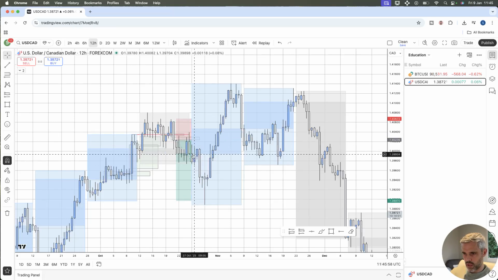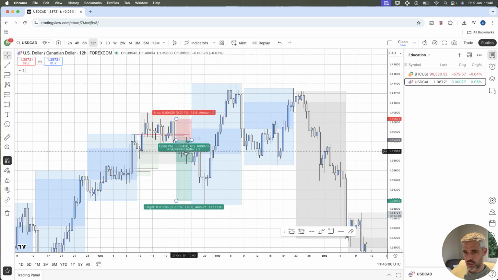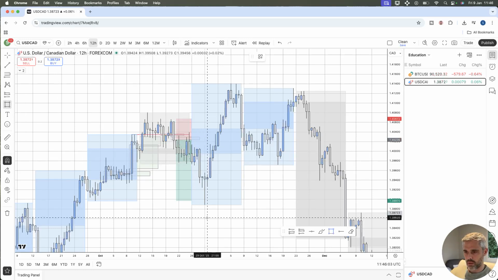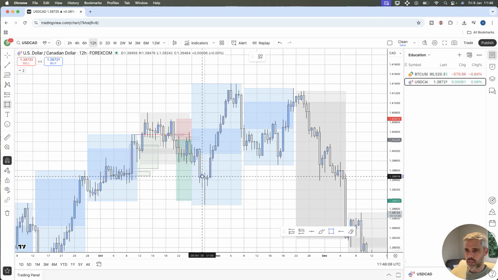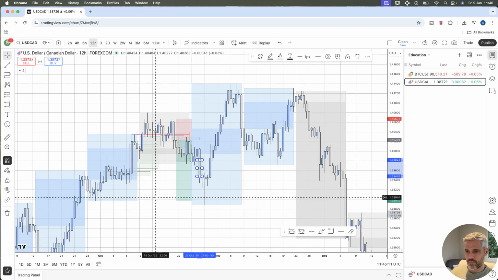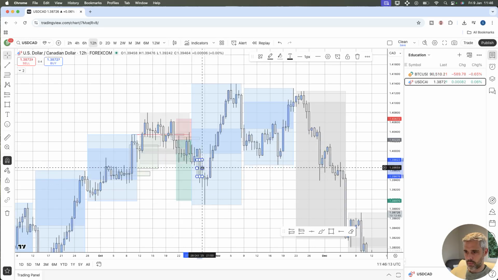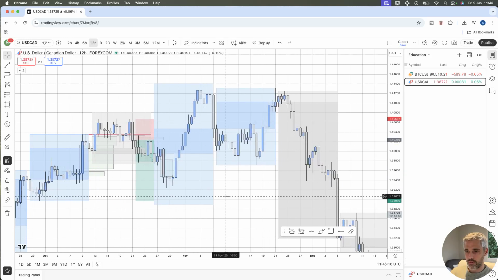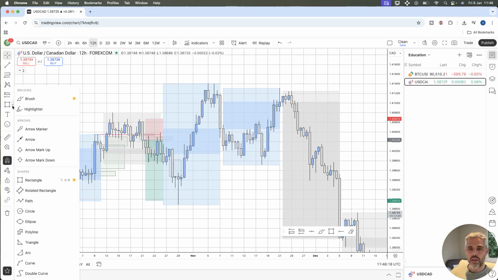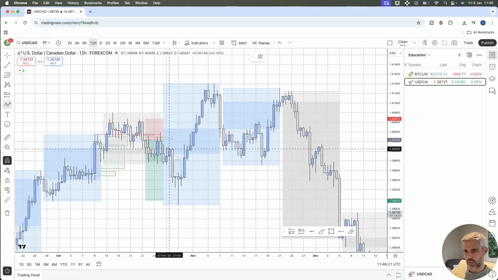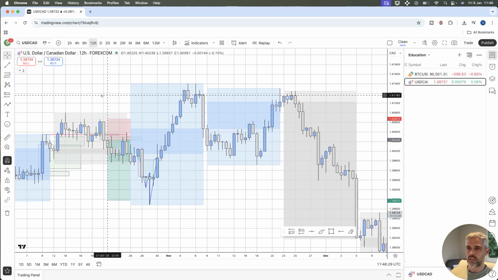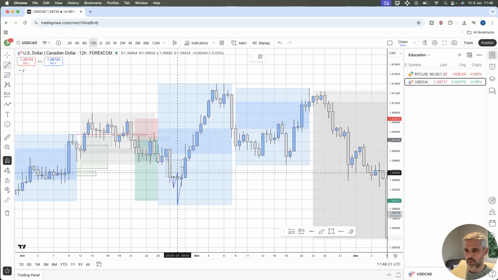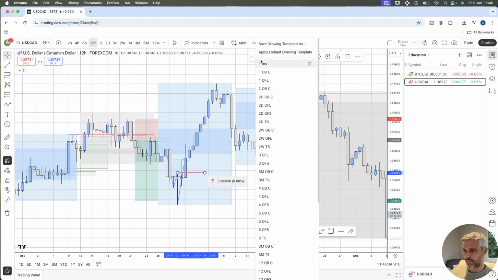And then you see no fair value gaps are created here, it's just literally consolidation. And then price just aggressively moves to liquidate the level that you're targeting. And that is where you need to get out of the trade, because at that point, we can see a new bearish fair value gap is created. And in this particular instance, and this is something we will talk more about, it traded in, traded away, massive disrespect. And at that point, this is where you would then combine fair value gaps with other potential points of